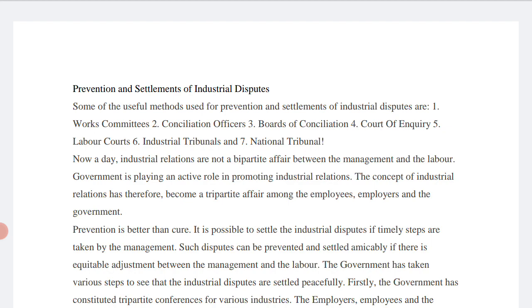Why is it important? Okay, if you want to ensure production activity,